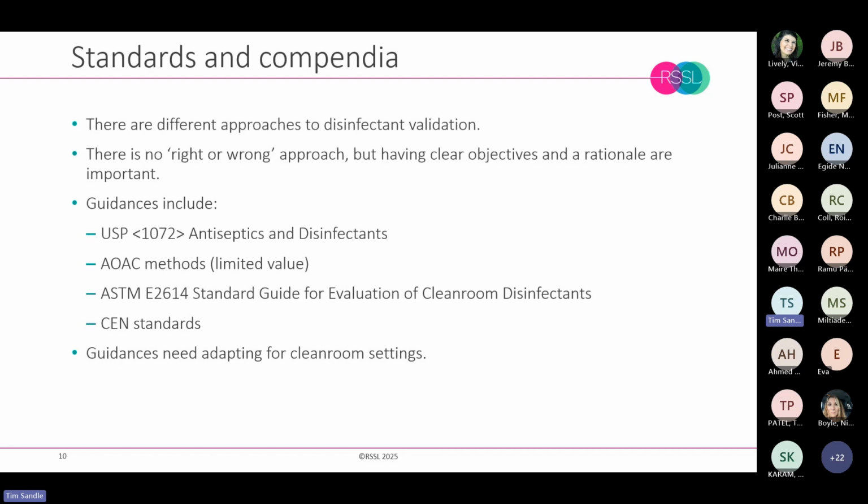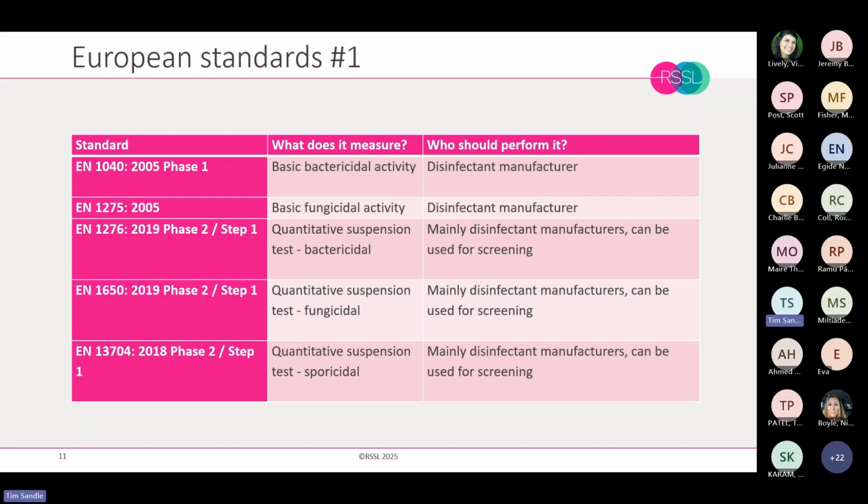We might need to make certain adaptations in terms of what is the microbial population that we're likely to see in a clean room in terms of numbers and types of microorganisms. And there's other things as well that we need to account for, like drying times, which we'll also come on to. So looking at the European standards,